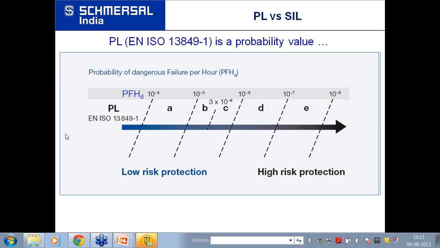Because emergency stop push buttons are operated maybe once in 5 years, once in 2 years, once in 6 months, don't know. But whenever they are operated, they should give the required signal for stopping the machine. So the safety relay ensures that all your devices are in healthy condition before you operate them.